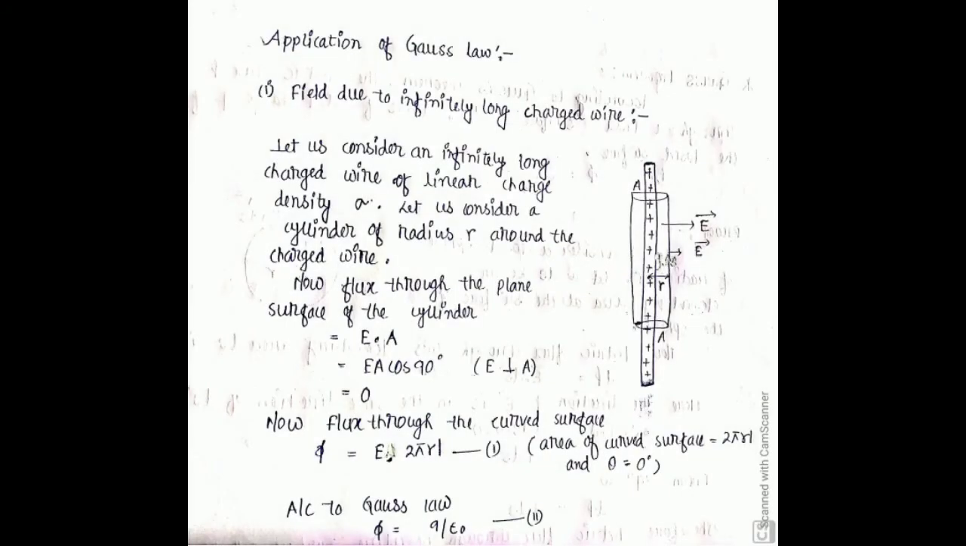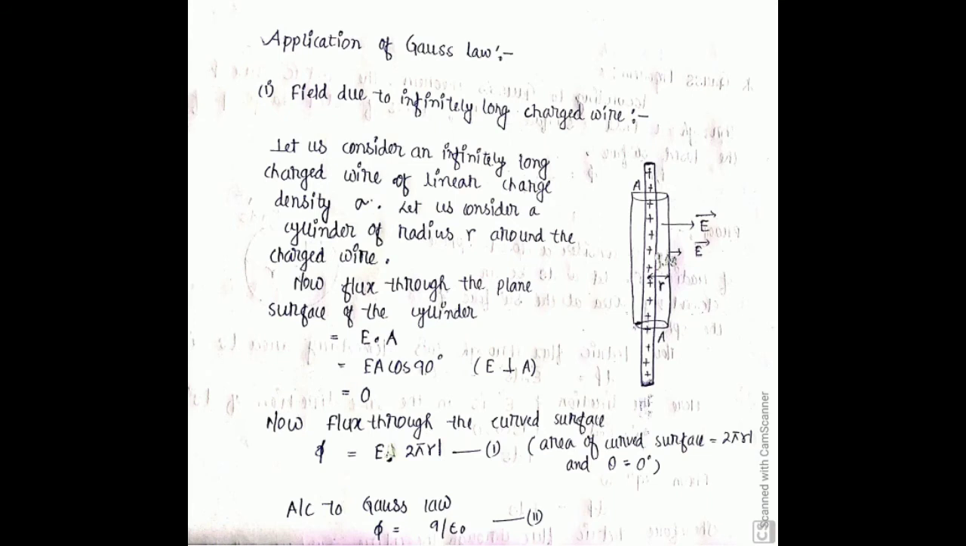Now I am going to apply this law to find the electric field due to an infinitely long charged wire. As you can see in the diagram itself, I have drawn an electrically charged wire having linear charge density sigma. In some books you can find that the linear charge density is given as lambda, so it doesn't matter actually whether it is sigma or lambda. Now to find the electric field at any point at a distance r from this electrically charged wire, I have drawn a